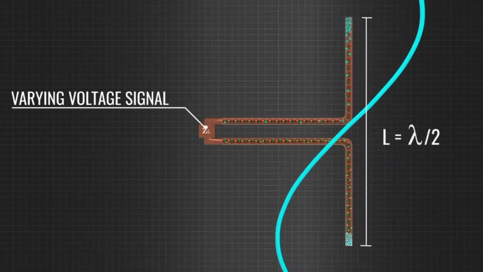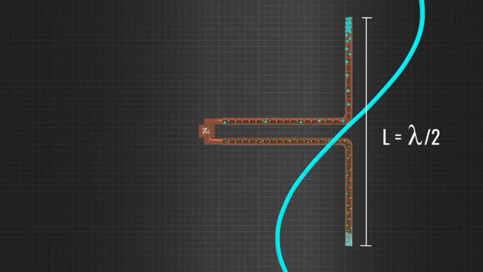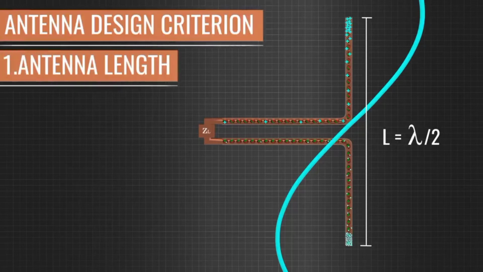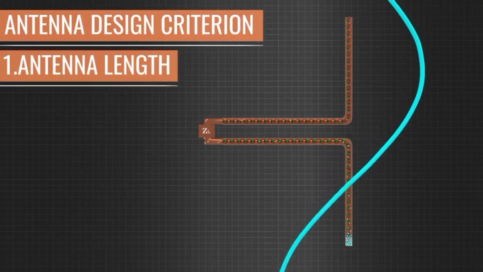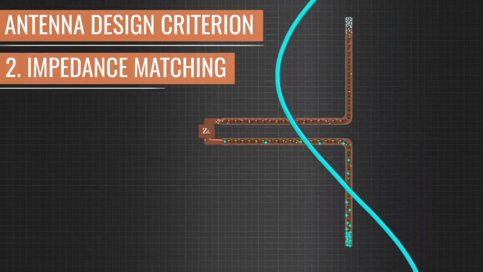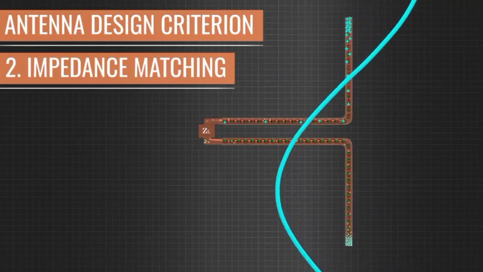We can note here that for perfect transmission or reception, the length of the antenna should be half of the wavelength. This is the first antenna design criterion for proper reception or transmission. The second most important design criterion is a term called impedance matching. Perfect impedance matching will make